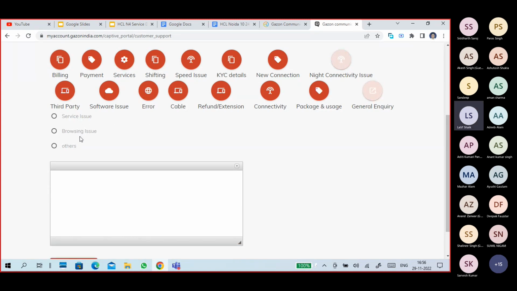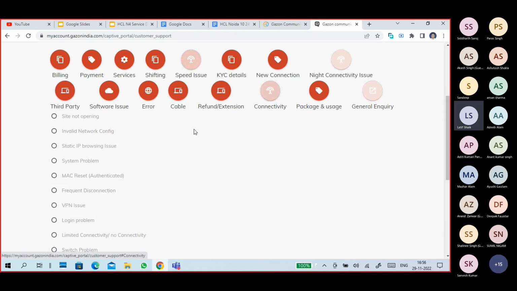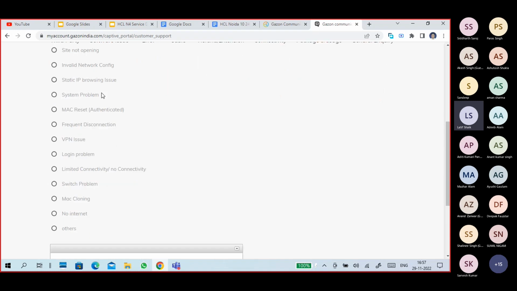Service issue, browsing issue. It is a third-party speed issue: slow browsing, uploading speed. So there are direct options. Connectivity issue, a big one: site is not opening, invalid network configuration, static IP, browsing system problem, MAC reset, VPN